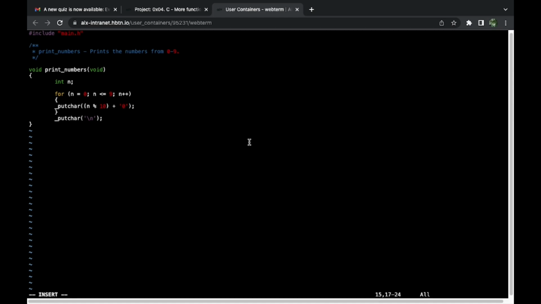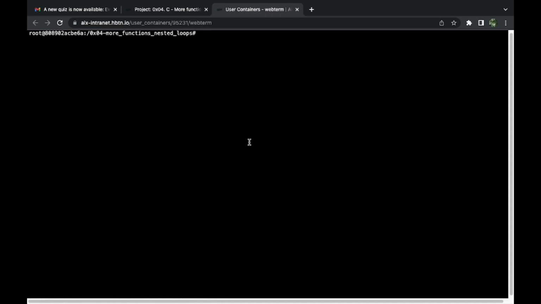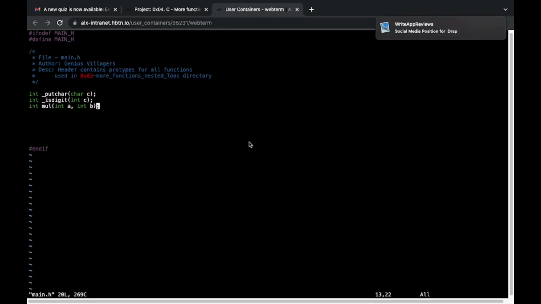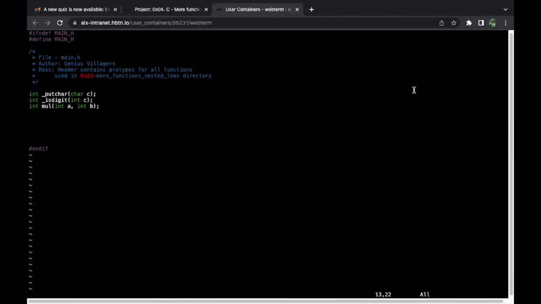Okay, so this is the code that was expected of us, so we can save it out. Let's clear this. Then we need also to include it inside the main.h, because remember we called the main.h. So inside main.h, we need to include it. So in actual sense,